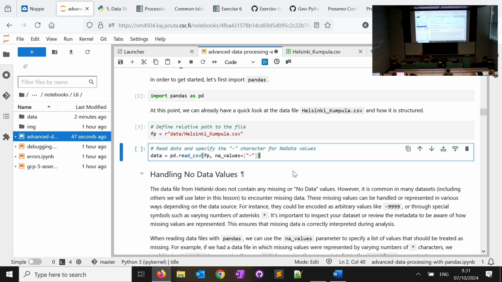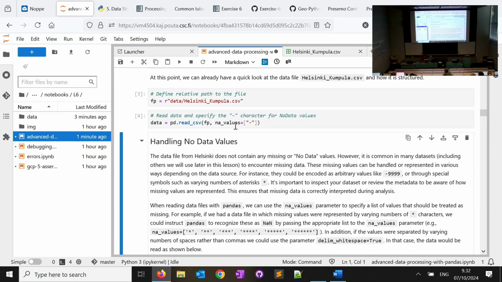Now we are going to load the data. In the Helsinki dataset, if you go through the data, you will see we don't have any missing values, so the data quality is quite good. But in any dataset you get from FMI, they usually define the missing values as a dash sign. We will see that in some of the cities we are going to run the analysis on, we will have some missing values. So although we don't have any missing values here, I'm still adding it when importing the data, just in case, because we are going to repeat the same process for other cities and they might have missing values. So now the data should be loaded.